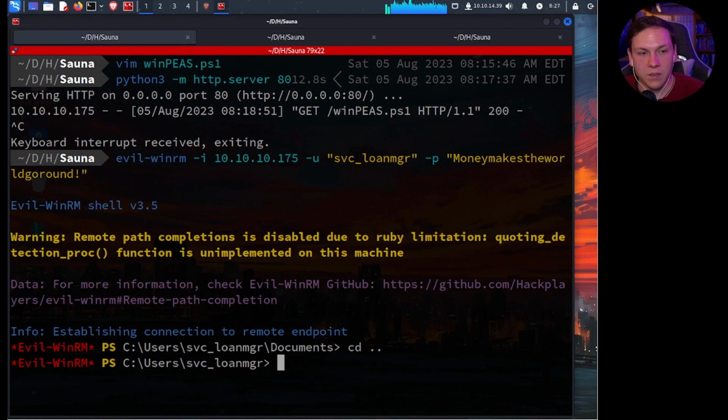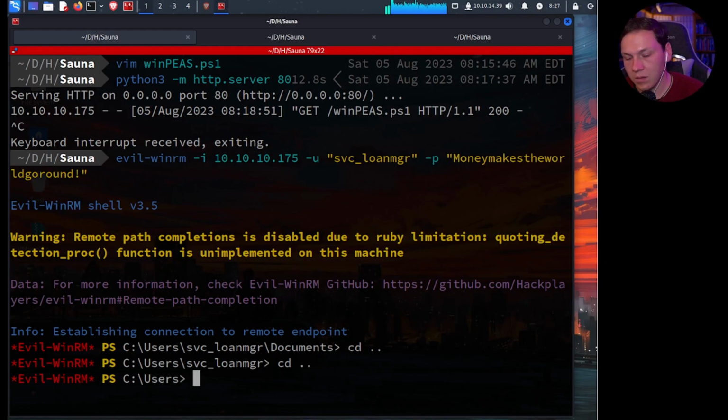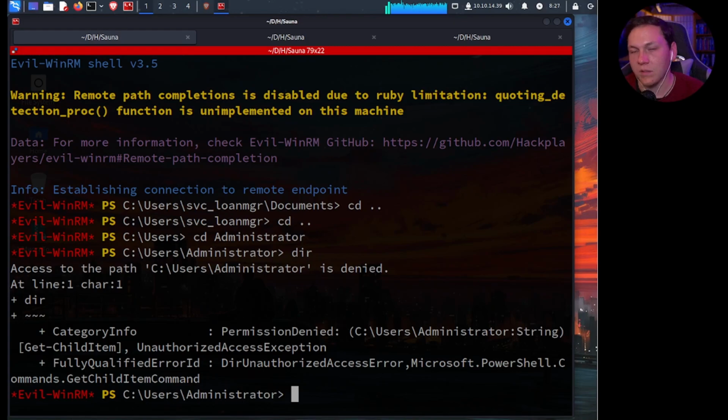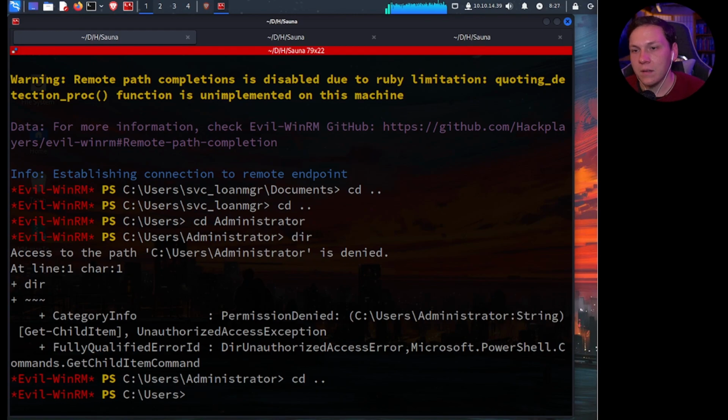See if we can move into... I'm not able to view inside the administrator directory. So we'll need to now perform, I think,